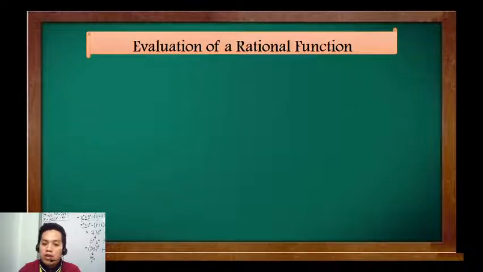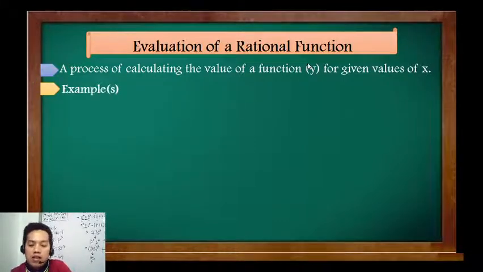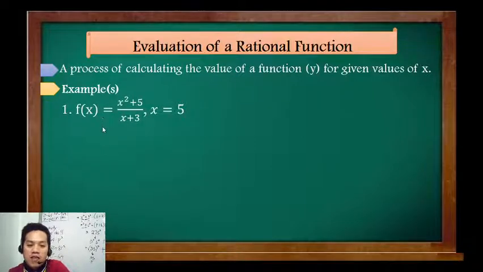To evaluate rational functions, we need values of x. Evaluation of a rational function is just a process of calculating or replacing the value of a function y for the given values of x. So let us have an example. Number 1, we have a function f of x is equal to x squared plus 5 over